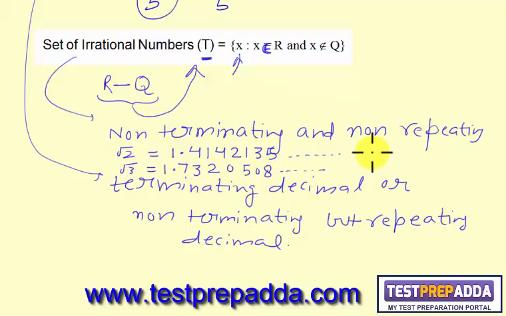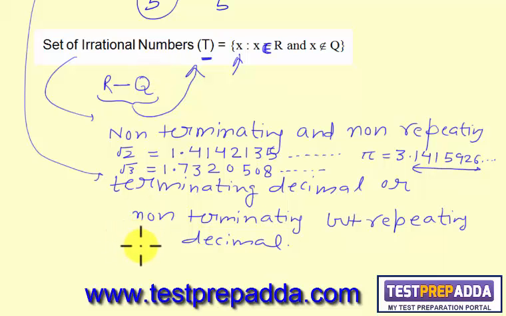Now, if I write pi, it is 3.1415926. Again, you can see the decimal part is non-terminating and non-repeating. So, root 2, root 3, pi, all these numbers belong to the set of irrational numbers. While if I talk